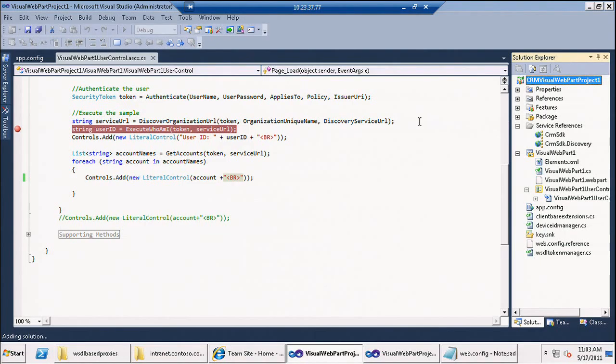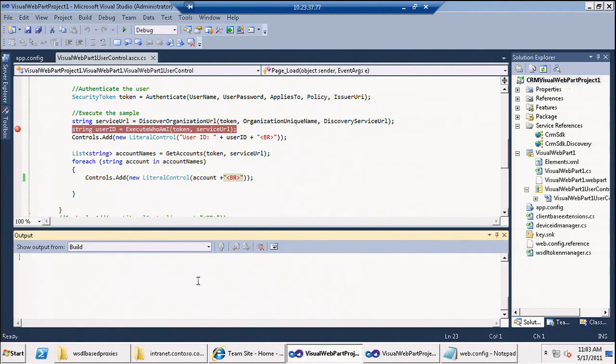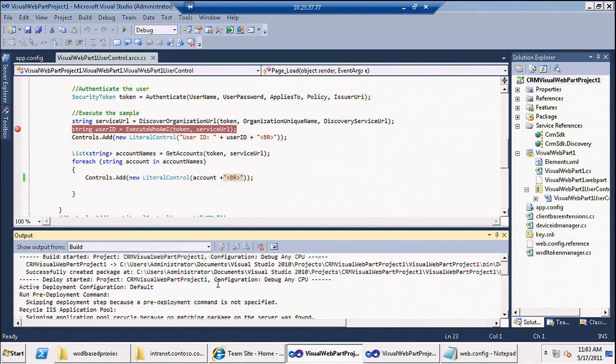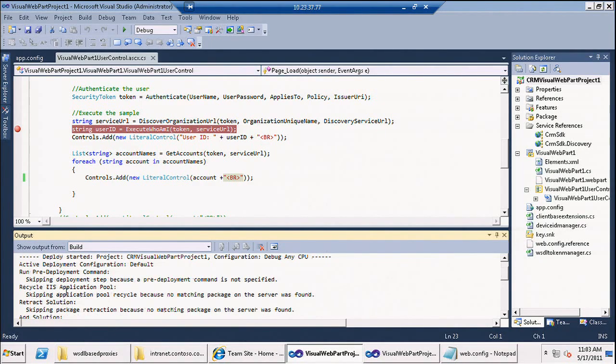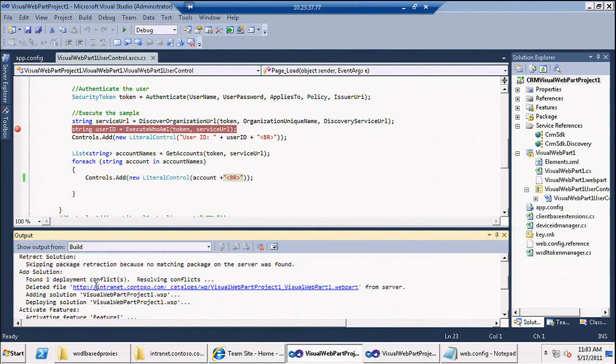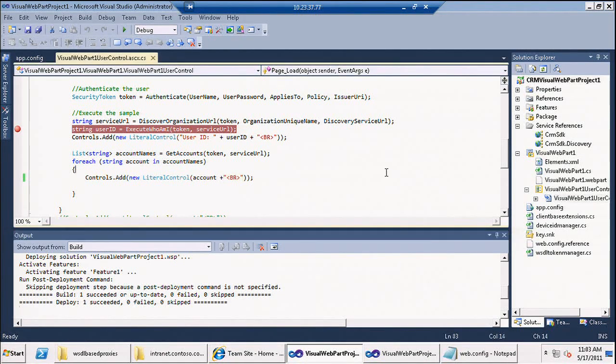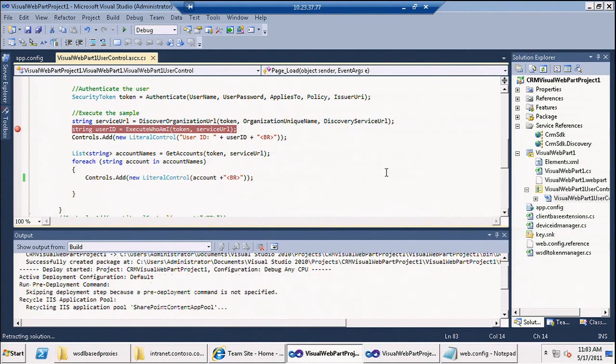And again, this used to take 10 minutes back in SharePoint 2007, but with Visual Studio 2010, let's take a look at what it has done. So once I click on right-click and deploy, Visual Studio is automatically doing a number of things. It's automatically recycling the application pool. It understands that there's a previous version of the web part, so it removes that web part. It automatically adds the new solution, it activates the new solution, and it recycles the pool again, so that the latest version of my web part is up on the SharePoint site already. So if I go ahead and hit F5 again and run this thing,